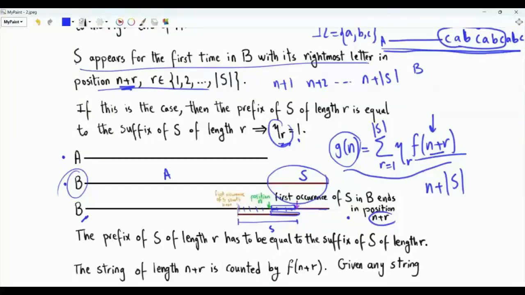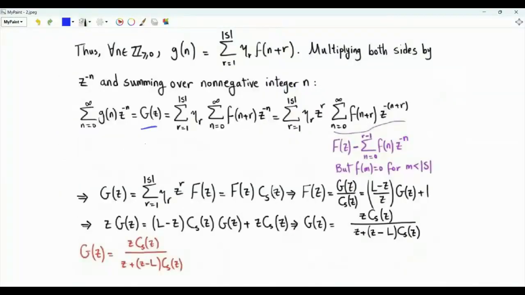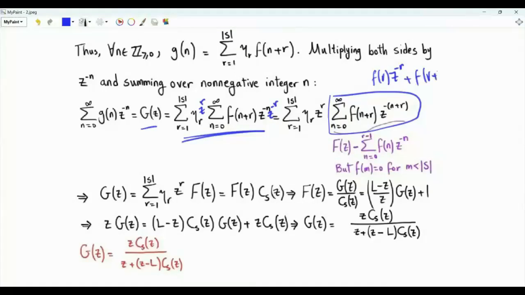Multiply both sides by z to the minus n and then sum over the non-negative integer n. We get g of z on the left-hand side. On the right-hand side, we get this expression. Multiply by z to the r and z to the minus r. We have this summation here. If n is equal to 0, we have f of r z to the minus r. If n is 1, we get f of r plus 1 z to the minus r plus 1, and so